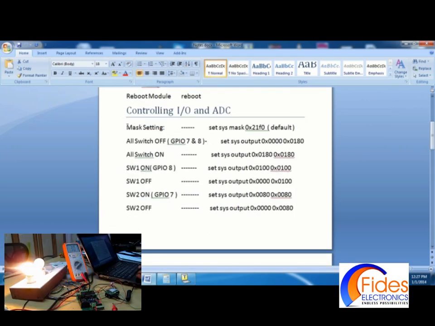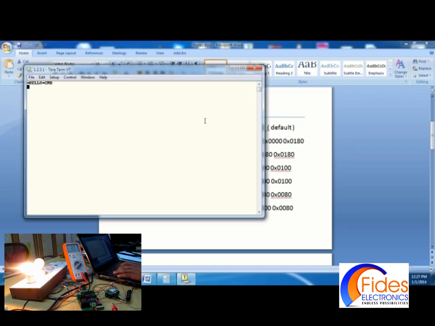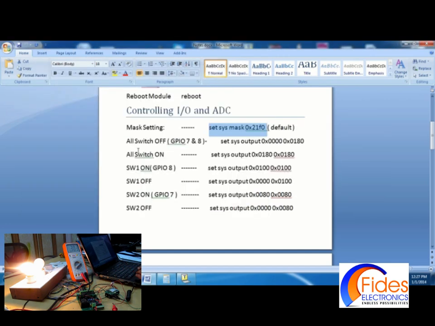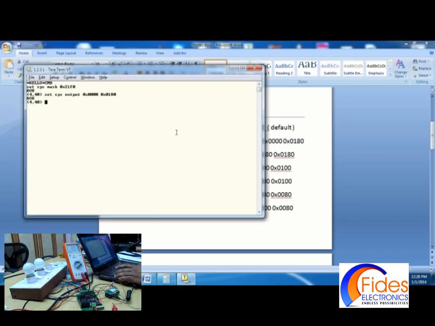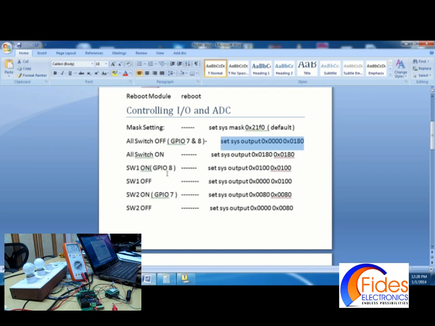Let us now start controlling the IOs. Set sysmask sets the mask for the direction of GPIOs. Set sysio sets the output to change the value of the GPIOs. This one will set all the lights off. Now switch GPIO 8 to high, that is light 1 on.